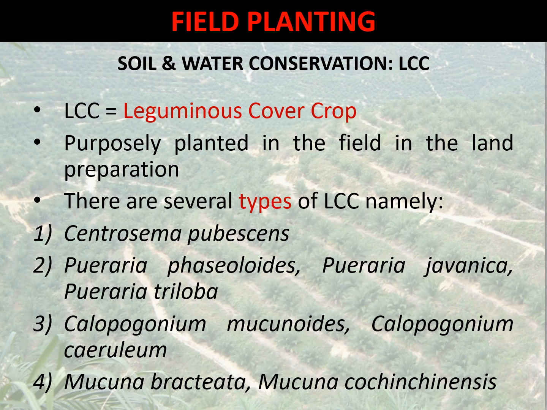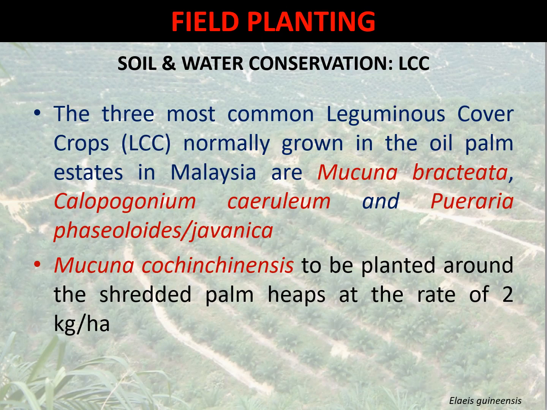There are several types of the LCC, including the Centrosema pubescens, Pueraria phaseoloides, Calopogonium mucunoides, and Mucuna bracteata. The three most common LCC normally grown in the oil palm estates in Malaysia are Mucuna bracteata, Calopogonium caeruleum, and Pueraria phaseoloides or javanica. Mucuna cochinchinensis to be planted around the shredded palm hips at the rate of 2 kg